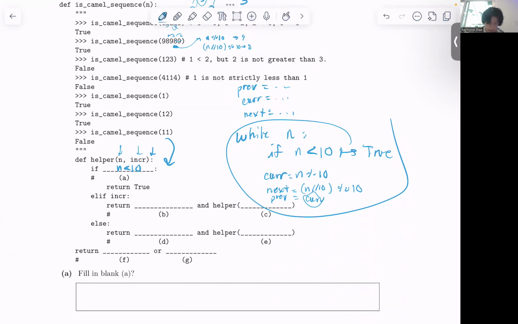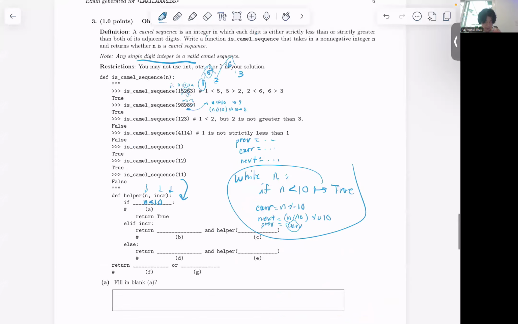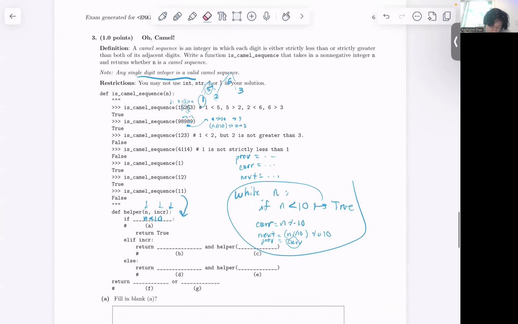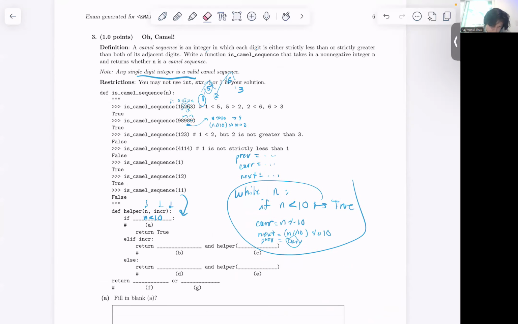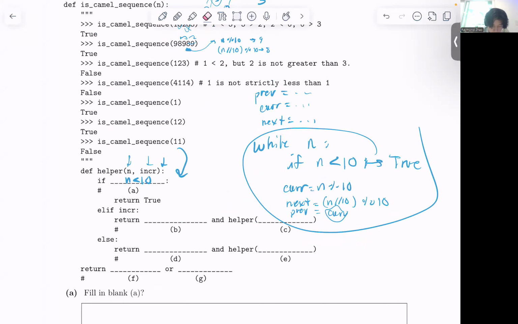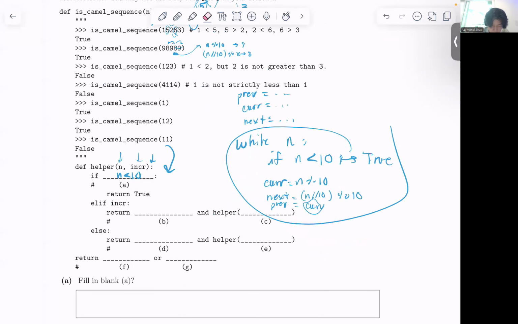L if incur. What is incur? Oh, like increasing or increment? Okay, okay. I see. Right. Okay. So yeah, incur means increasing, right? Because if it were increasing,